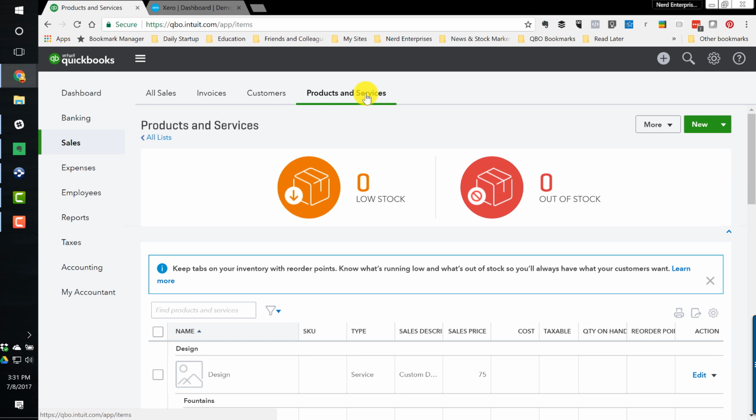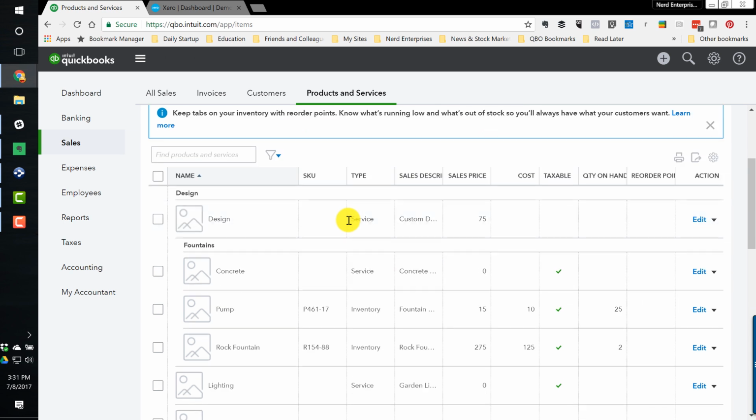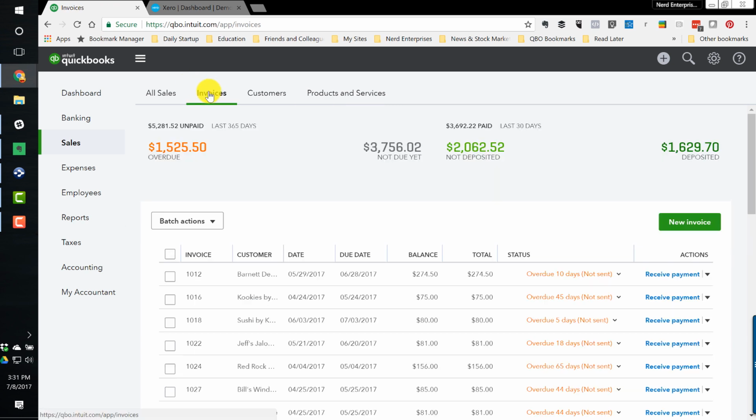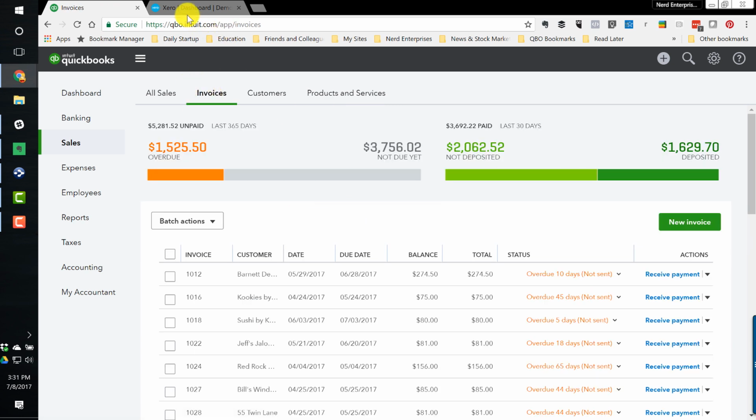This is huge for me because it makes it very easy if I need to access the products and services, which would be the very subject of my invoices in many cases. So I can add things, change things, do what I need to do, and jump right back over here and create my invoices. In Xero,